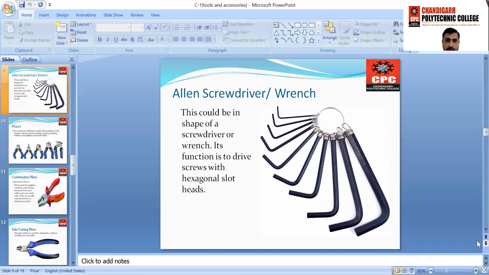These kinds of screws are installed on the flanges of high speed motors, where the head does not come out and sits inside the flange. So it is a very necessary tool, used mostly for high speed motors and generators.